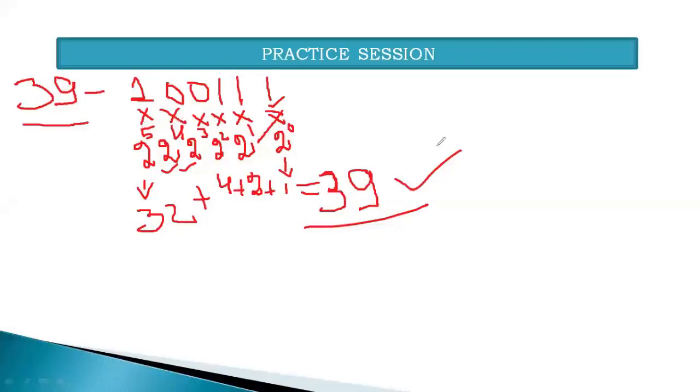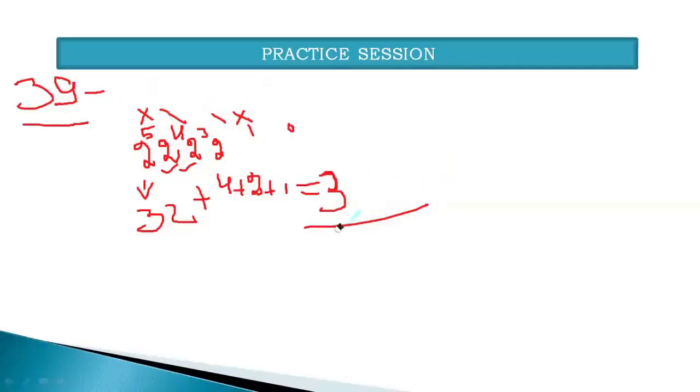Now on the same sheet, without moving to the next slide, I am directly providing you the other type of conversion: how to convert 39, that is the decimal number, into the octal number system. You can note it down: decimal to octal conversion. Now we are approaching decimal to octal conversion.